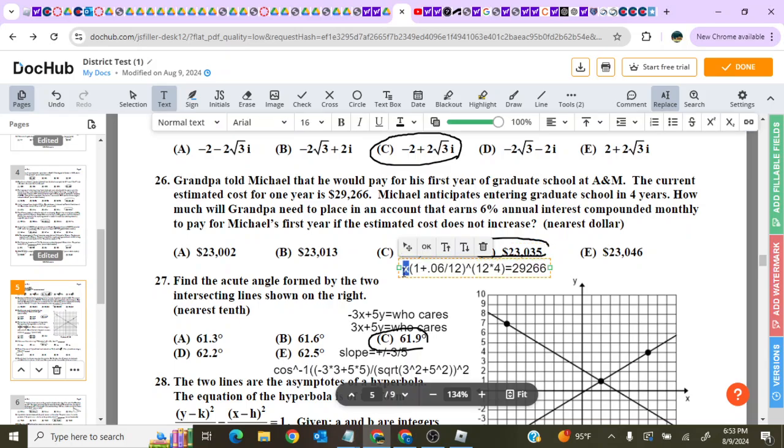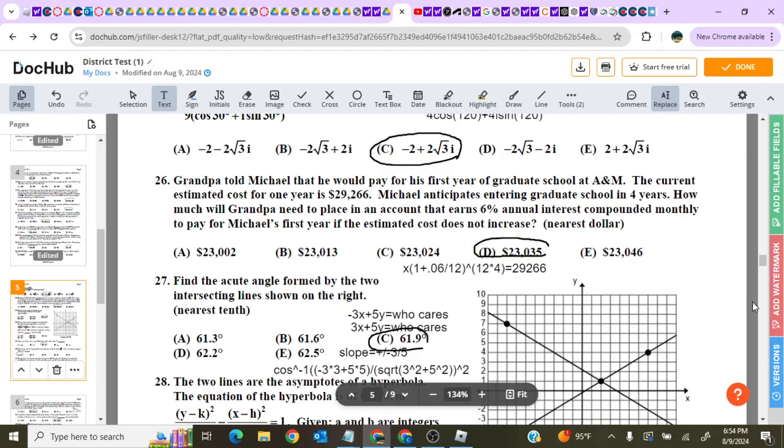So we've got to figure out what original value needed to be placed in the account. It earns interest at a rate of 6%, so 0.06, and was compounded monthly, which means we need to divide the rate by 12 and multiply the time by 12. That's what compounded multiple times basically means. So 1 plus 0.06 over 12, to the power of 12 times your 4 years, has to get you this 29,266. And you get an original cost of